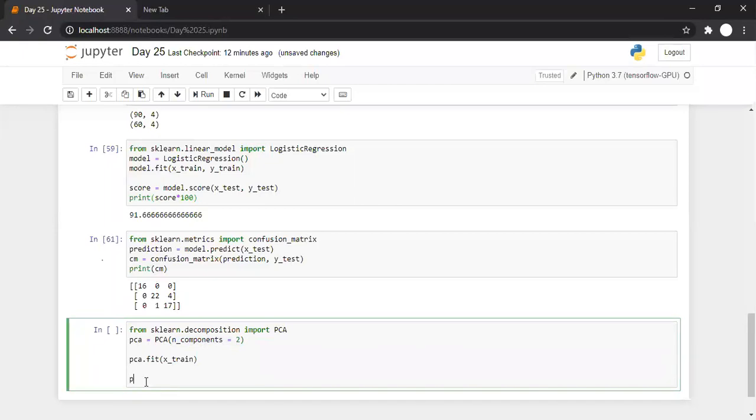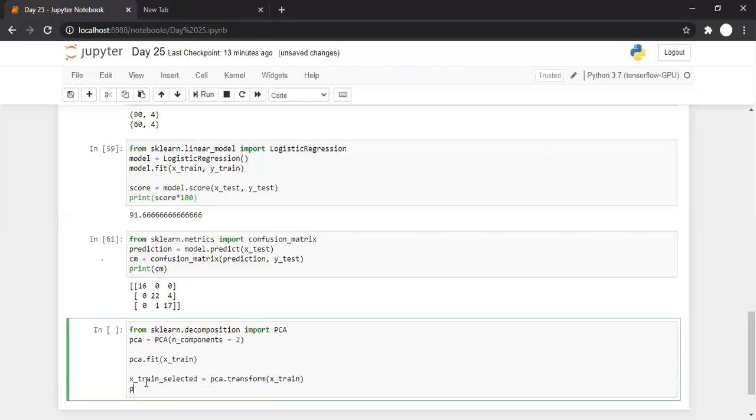For that we can use the method PCA.transform, and we are receiving the selected features in X_train_selected. So X_train_selected will contain only the selected features from the X_train data.